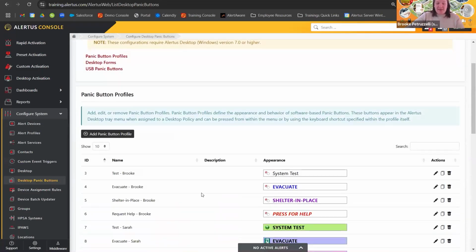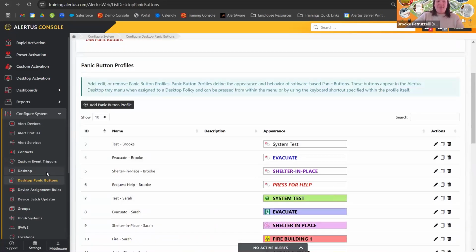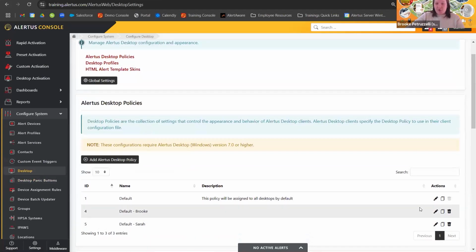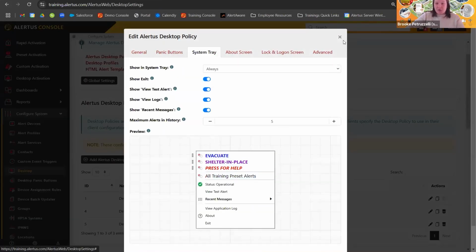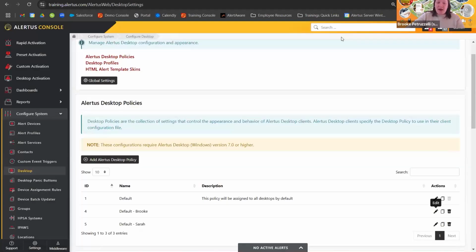When you come here and you create these different panic button profiles, and then you will assign it to an Alertus desktop profile here. So you can see that my panic buttons have been set up to look a certain way in this area. If you have Alertus Desktop 5, those are configured on your actual configuration file. So if you do want some assistance with this, I do recommend reaching out to us or your account manager, and we can take a look at your current setup and how much implementation time you'll need